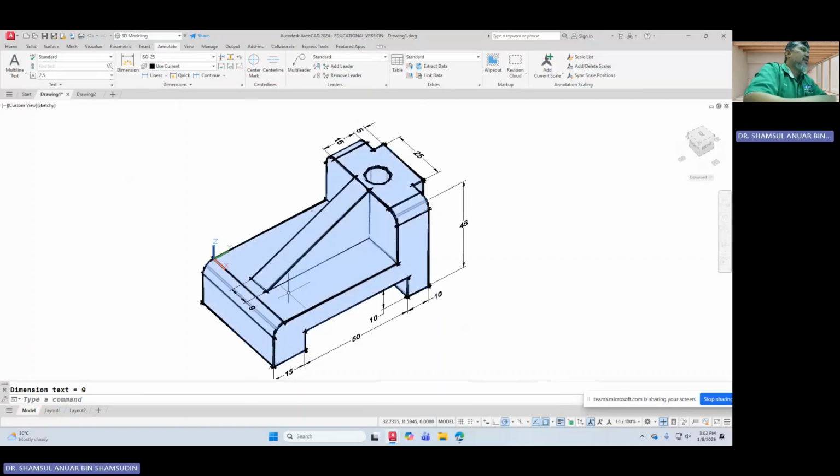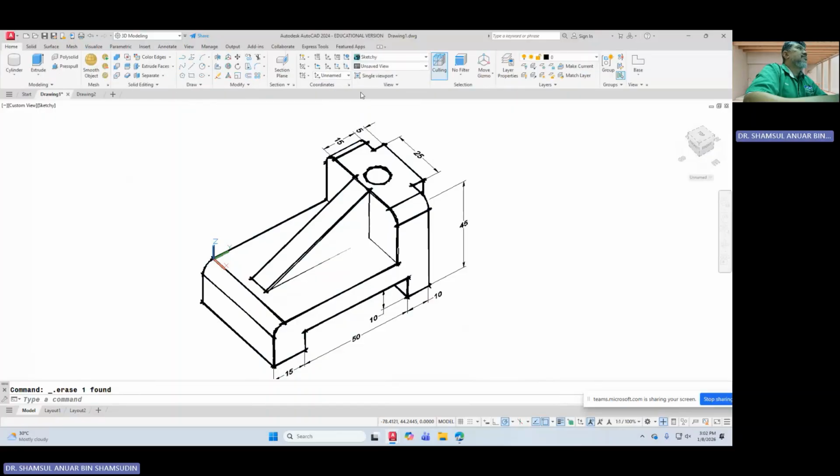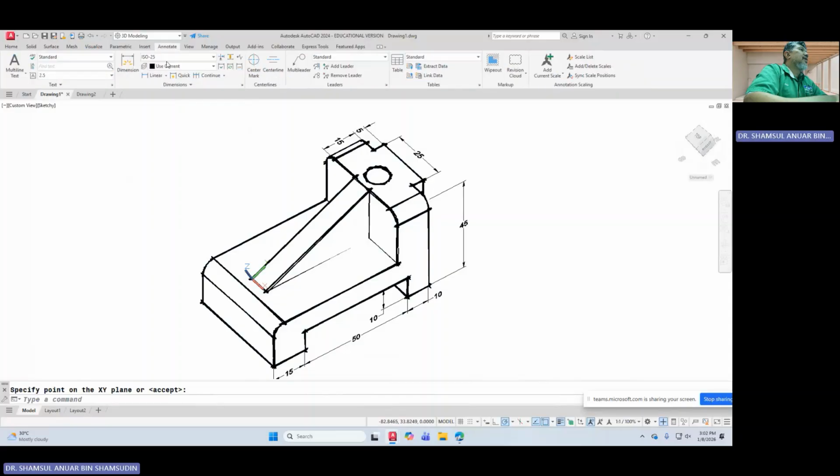Okay, so on and so forth. So if you want, you can put your, this is X, this is Y, and put annotate. Then maybe